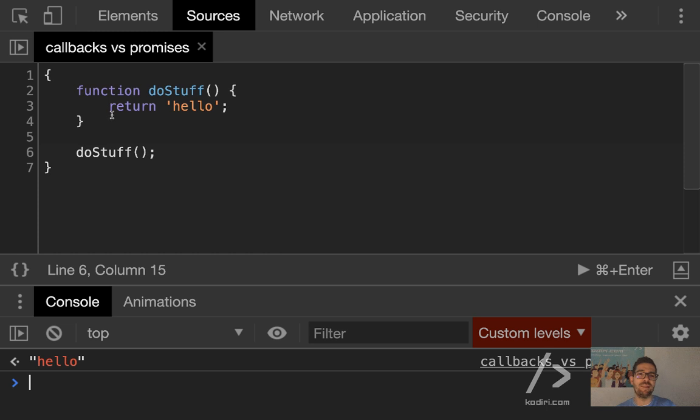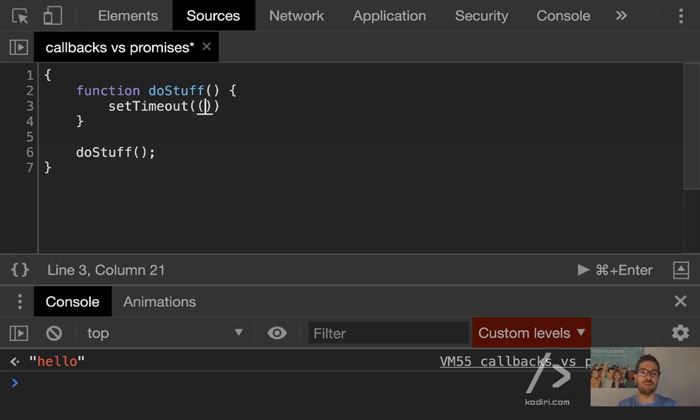However, what happens if in reality my do stuff function takes 1 second to generate that message? Imagine that we go to the backend. Task 23, task 24, some of you are dealing with that. It takes a while to fetch the data from the backend. Imagine that you are dealing with a database that is in India. It takes a while to get the data, right? It's not immediate. Because of that, let's simulate that.